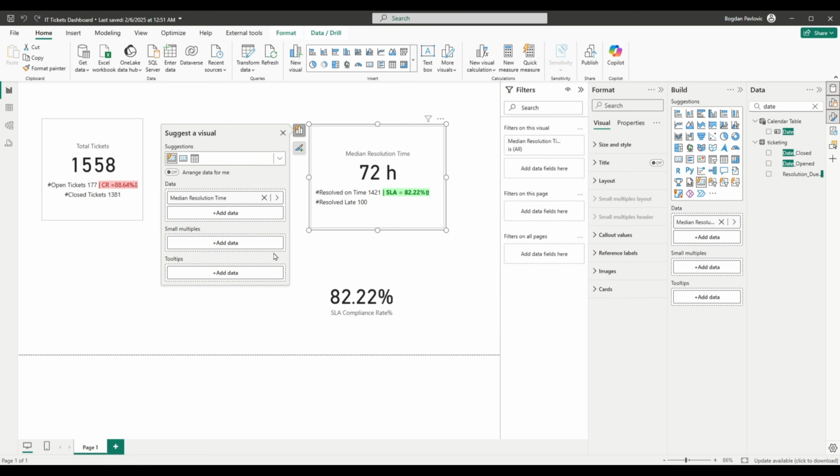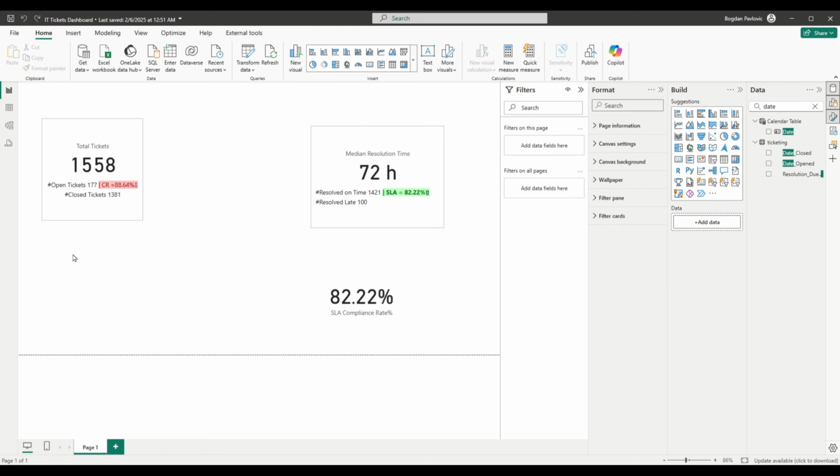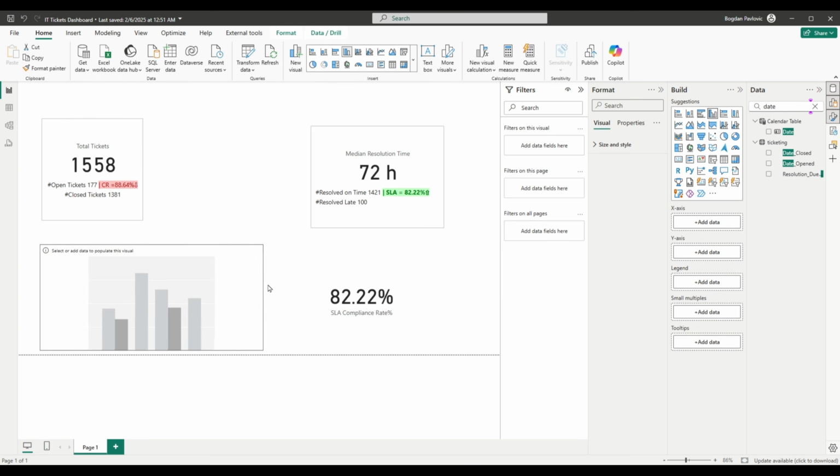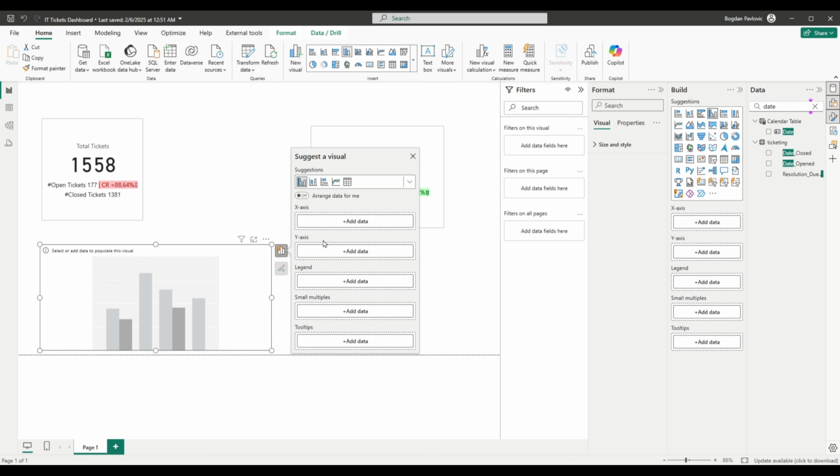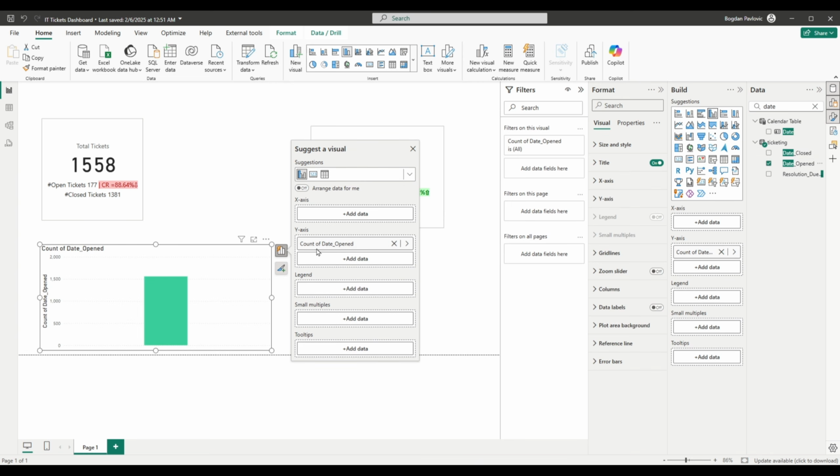Now let's navigate to our visualization menu and select clustered column chart. Yeah, this one is good. Let's click somewhere on blank canvas. Let's add it. Click on it. Let's expand it a little bit. And now in y-axis, let's add the date opened column. And now once we added this date opened column into y-axis, Power BI automatically set summarization to count and created